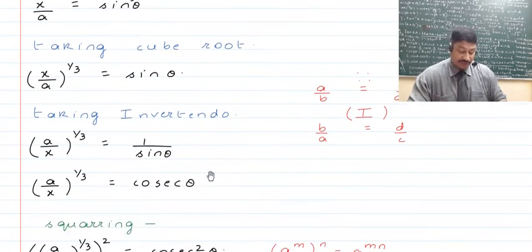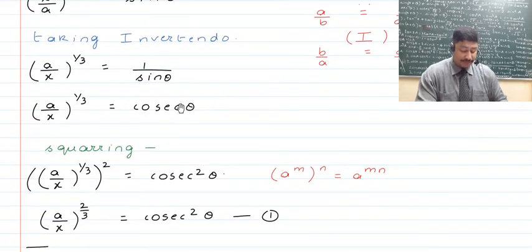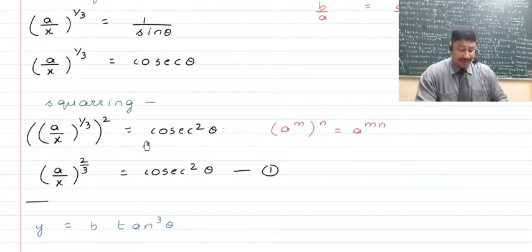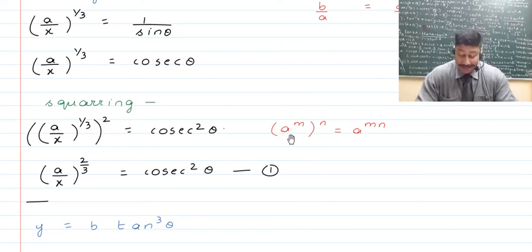So this is what we've done here, that is x upon a now becomes a upon x raised to the power 1 upon 3, which is equal to now 1 upon sine theta. 1 upon sine theta is cosec theta. Now further we square both the sides, and when we square we get on the right hand side cosec square theta, and on the left hand side we get something like a raised to the power m whole raised to the power n, which will become the product of m and n as is there in the indices formula,